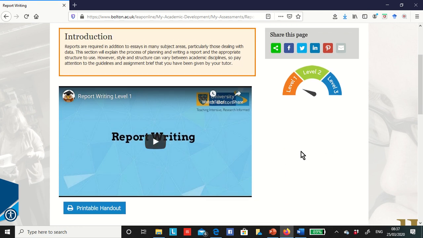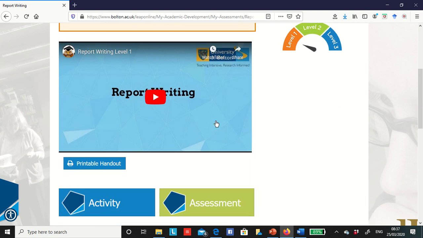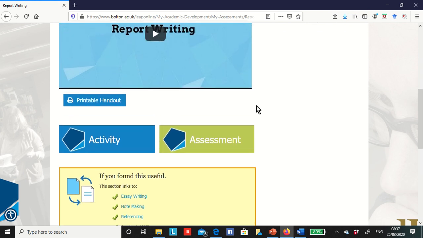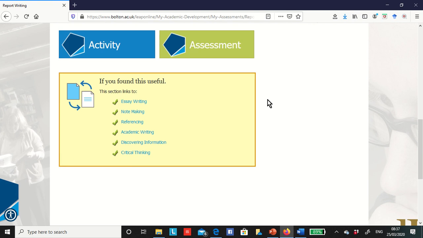Here you will see the guidelines for report or essay writing. You will find the differences between writing an essay and a report. You can see how to reference here, under the useful links.